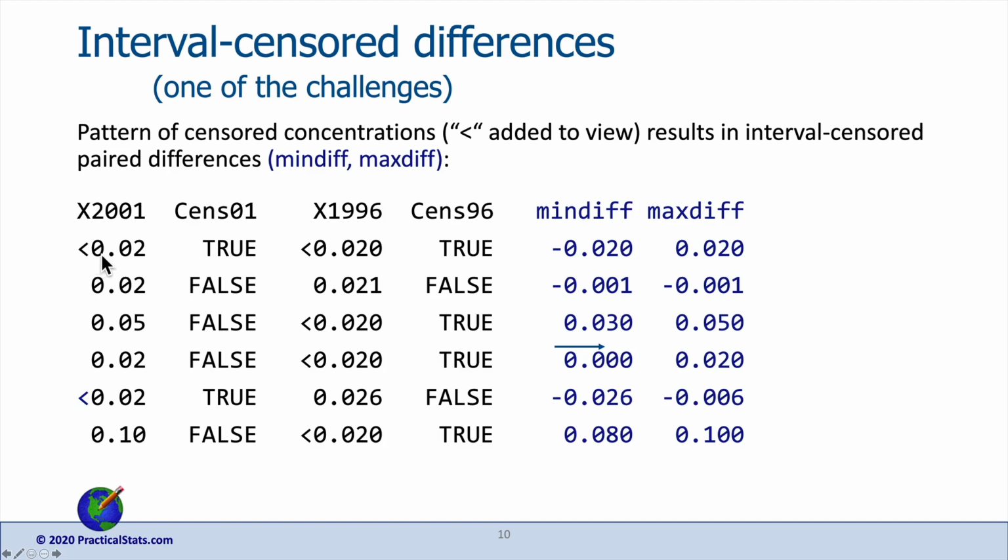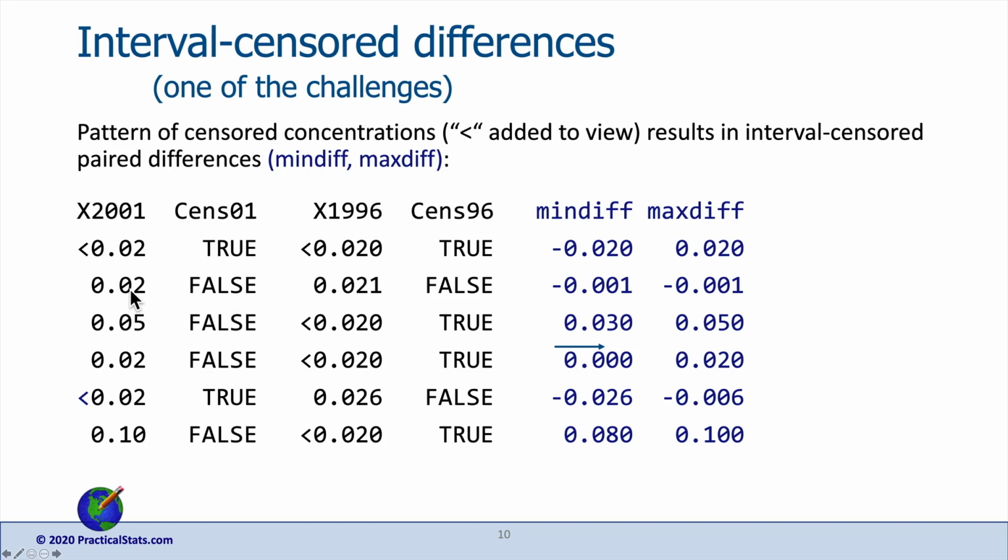So a value of 0.02 here with a true would be a less than 0.02. Statistical programs like numbers, they want numbers. They're not going to read this less than sign as something that they can deal with. So I've added it on here just to make it more clear. But in the data set you would actually have 0.02 and then a true to indicate that this is a less than 0.02. As opposed to the second row, where in 2001 you also have a 0.02, but a false, meaning it's not censored,